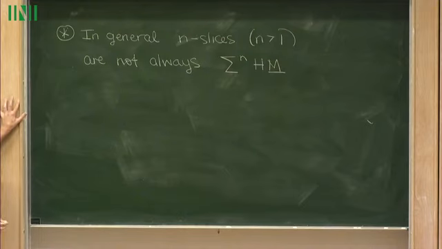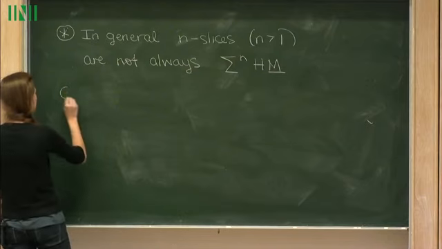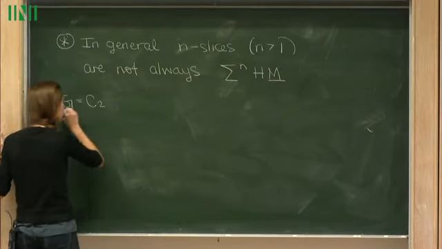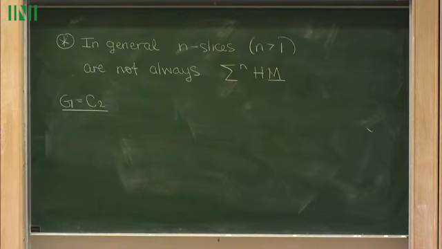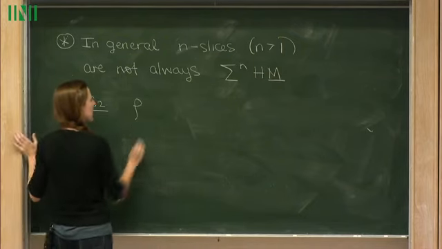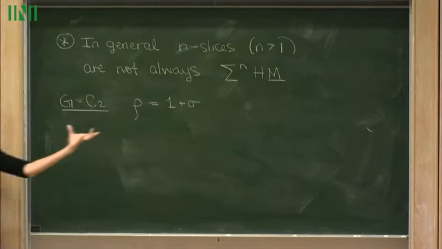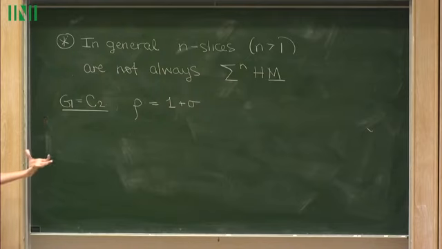To give you a more precise example, I want to zoom in on just using a particular group for a bit. So we will work with our favorite group, C2. So what's going on when we think about just the group C2 equivariantly? Well, we'll start with ideas of representations and Mackey functors. So in C2, my regular representation is of dimension 2, and it just has 2 irreducible subrepresentations, the trivial and the sign representation.